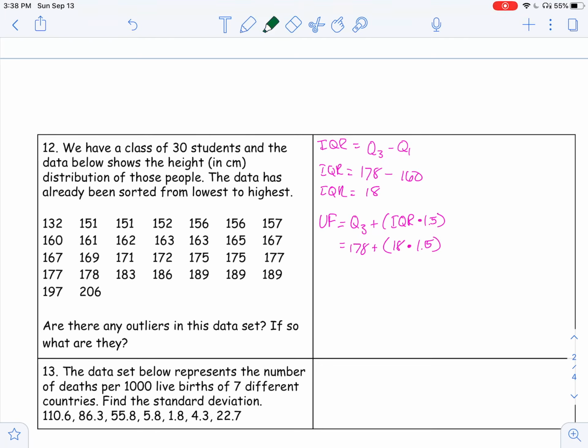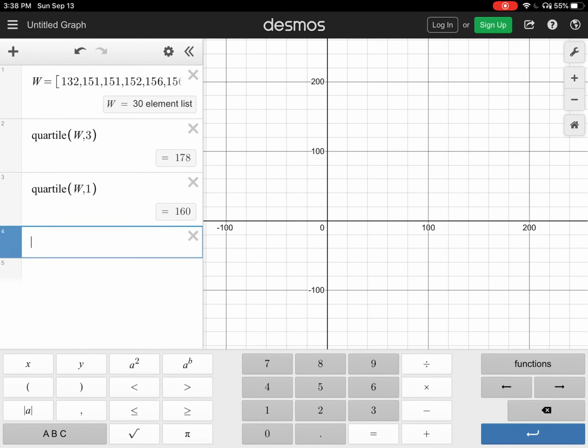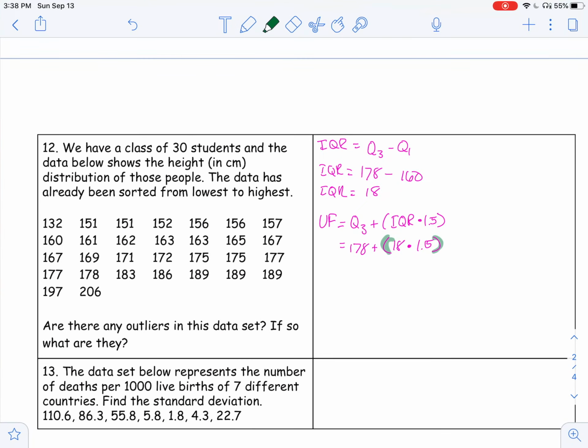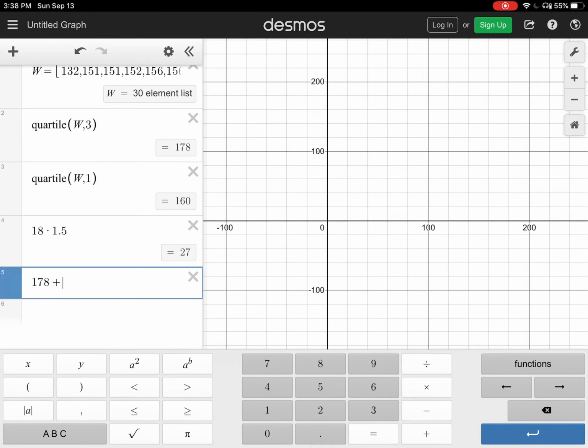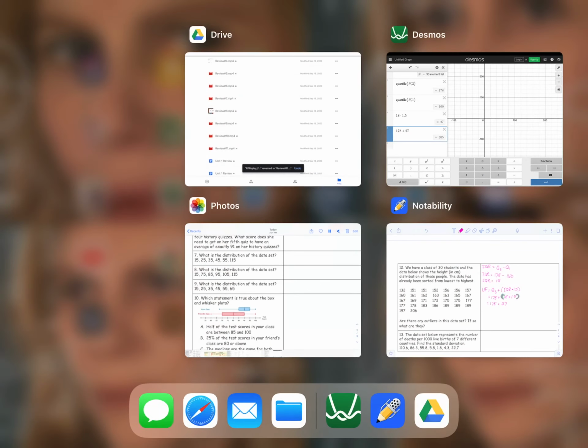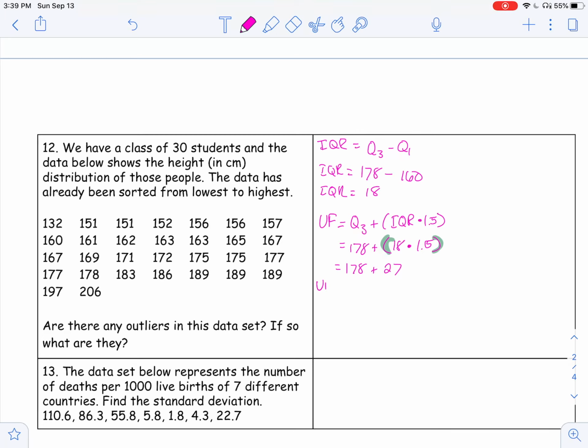Following my order of operations, I need to do things in the parentheses first. So I'm going to do 18 times 1.5 first, and I get 27. So I have 178 plus 27. I replace 18 times 1.5. And then I can do that in my calculator, 178 plus 27, and I get an upper fence of